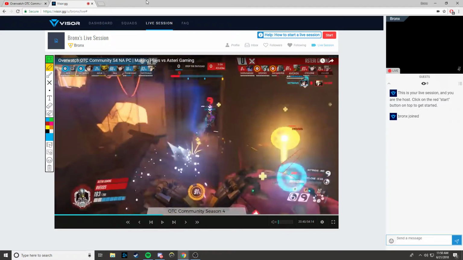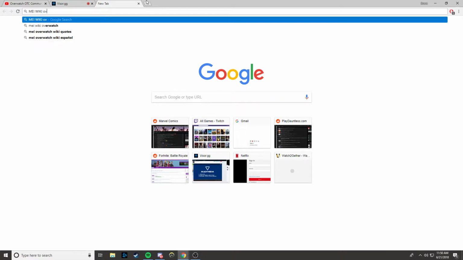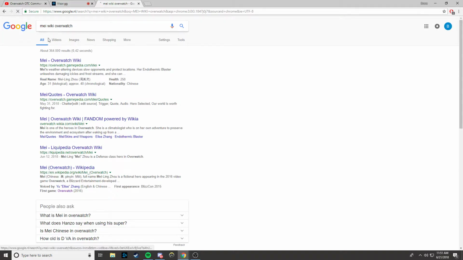And let's look up Mei damage real quick. Also, my push to talk is caps lock, so if you see random things go up and down,